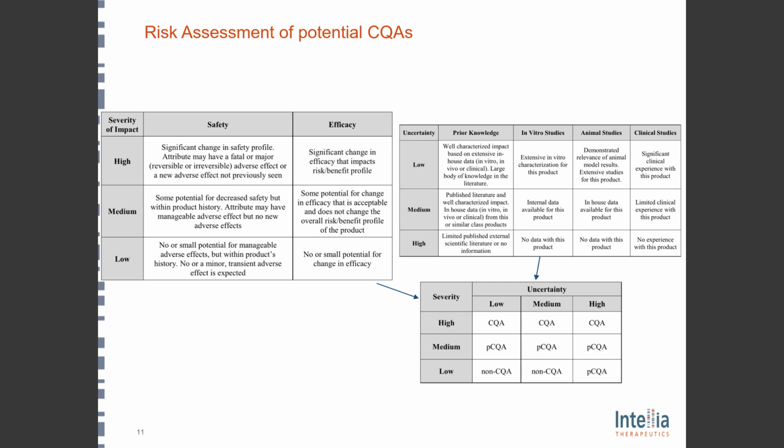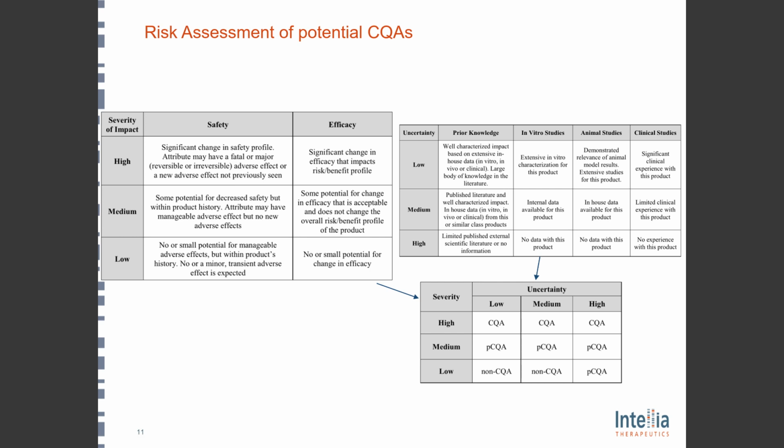Prior knowledge based on characterization of other products or published literature, or just your past experience, can be used. But also the in vitro studies, animal studies, and clinical studies, either within your organization, prior organizations you've worked in, or really the literature, is a great place to go to determine what the uncertainty level is